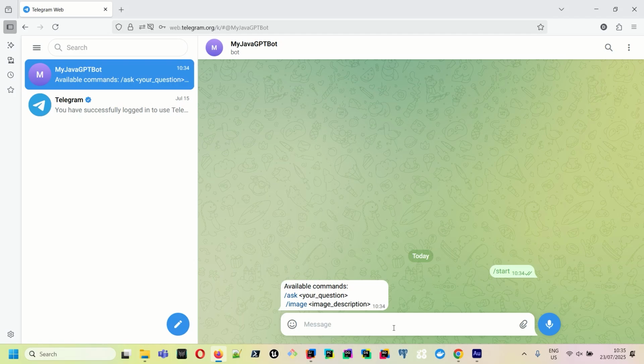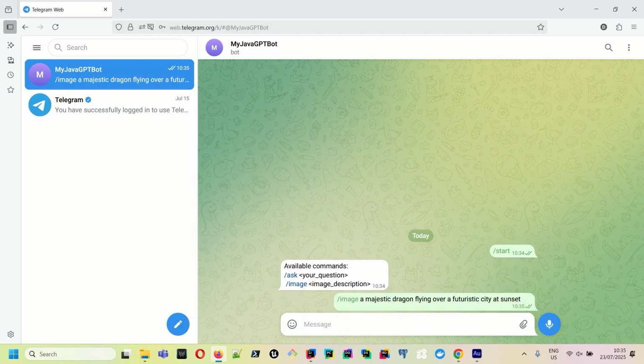Hey everyone! Before we dive into the code, let me show you what we are building today. So here is a Telegram and I just type to our bot, a majestic dragon flying over a futuristic city at sunset. Okay, so that's our prompt,